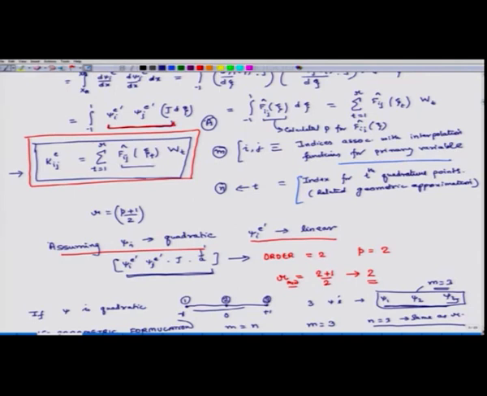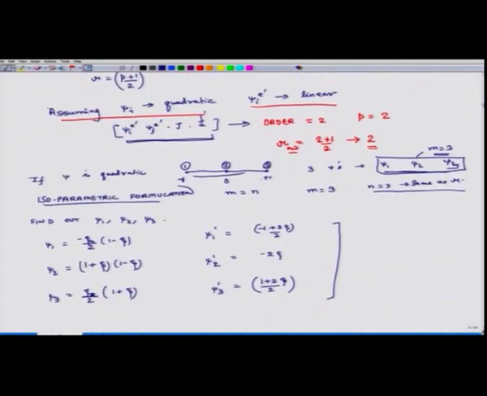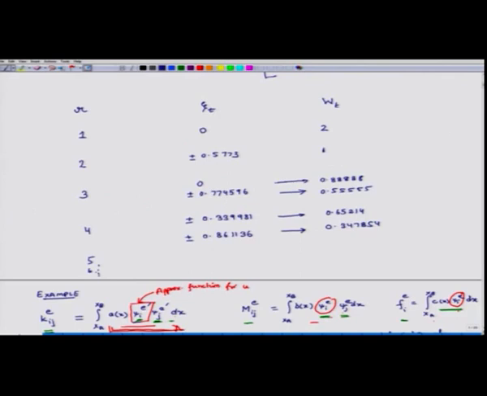I have to calculate this f I j hat at which points? At 3 quadrature points, which are zeta 1, zeta 2 and zeta 3. And those zeta 1, zeta 2 and zeta 3 are not minus 1, 0 and 1. They are different values. We find those values from this table. So, in this table, if I have to use 3 quadrature points, then the coordinates of those zetas correspond to this line.